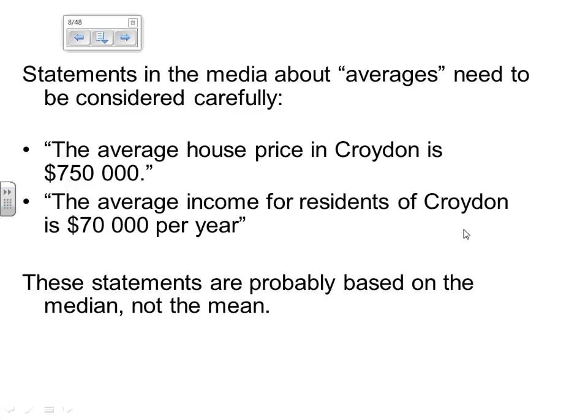Other statements, these ones here, doesn't sound like an average house price. Average house price in Croydon, back where the ancestral Vigors are from, is actually a median. And we'll talk about why they use median a bit later. Again, median. Median being the middle. Now, the reason that they use the different ones is because, in this case, the median is a better representation of the centre of data, but we'll get to that a bit later.